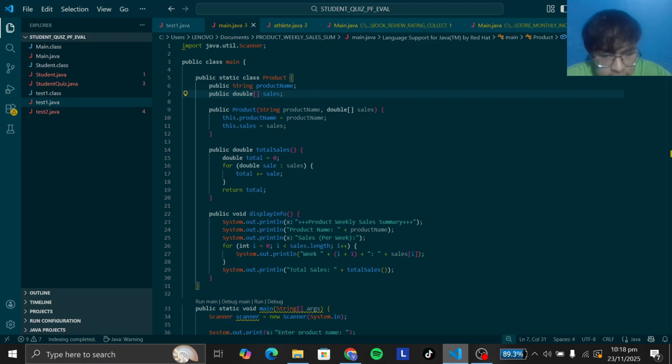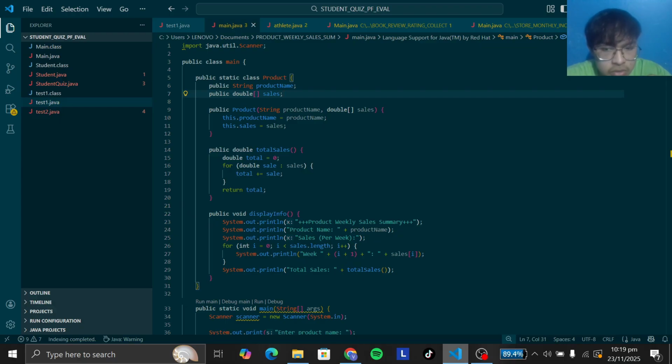The main class contains the main method and the inner class named Product. Using the inner class in this program allows the Product to organize the product-related data and methods separately from the main procedural logic. The Product class is created to represent a product and its associated weekly sales.